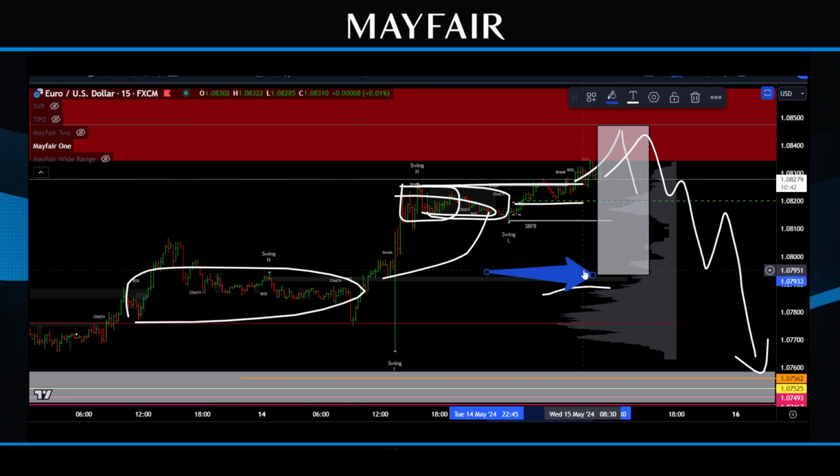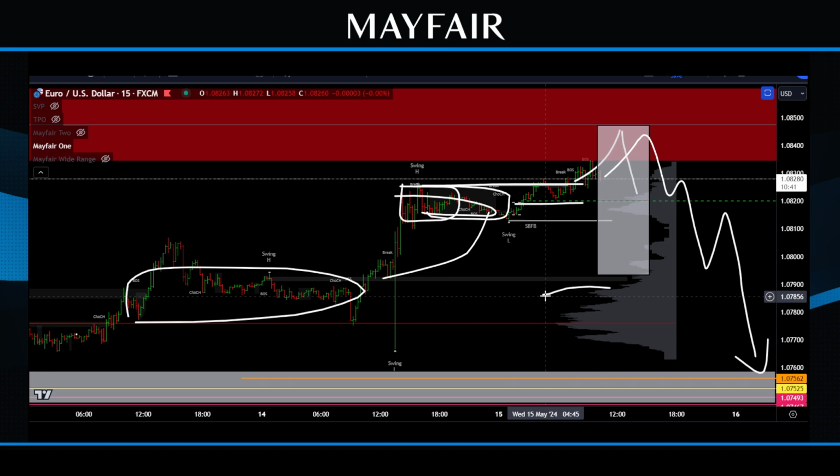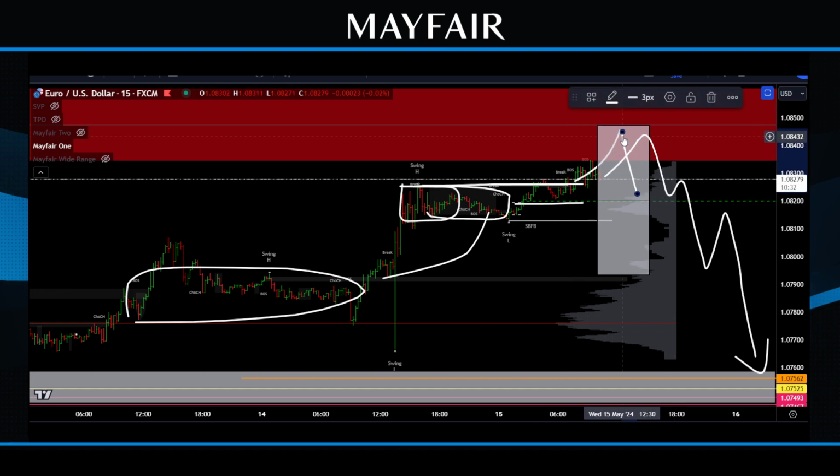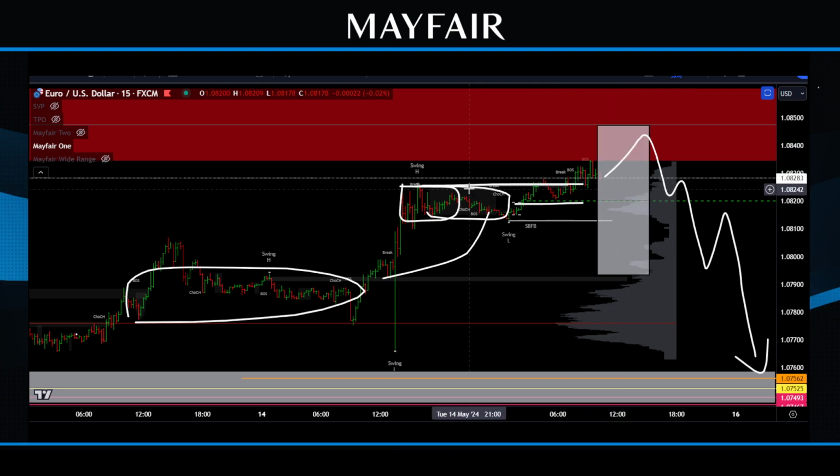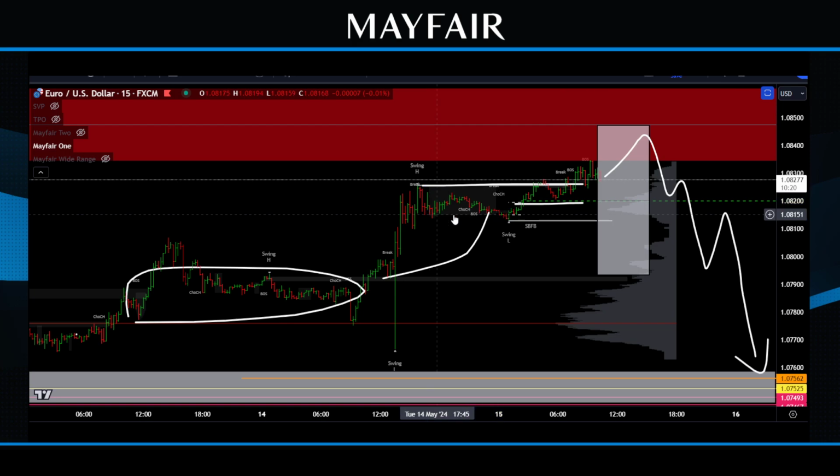Now, the reason that I say it's a guess, and the reason that I keep joking, lucky guessing and this, that, and the other, is I'm talking about 3-4 moves in advance. I'm not trying to predict this. I'm not saying, oh, categorically I'm right. I'm saying this is what I'd like to anticipate. If we start to see signs of this playing itself out, then this is where, for me, the trade would